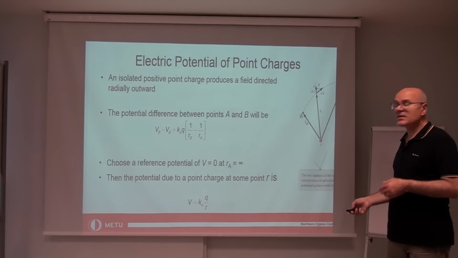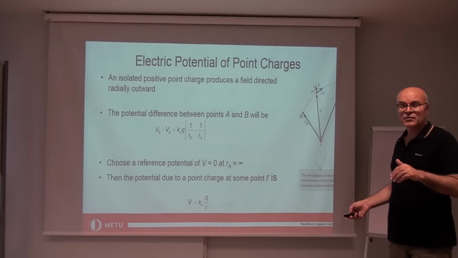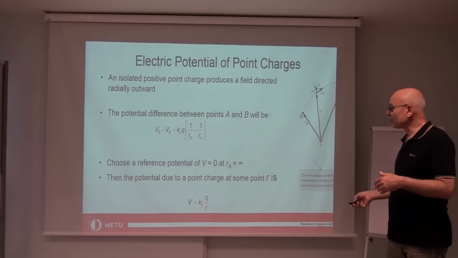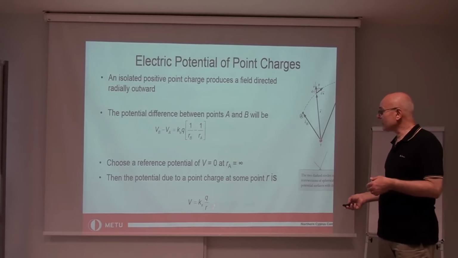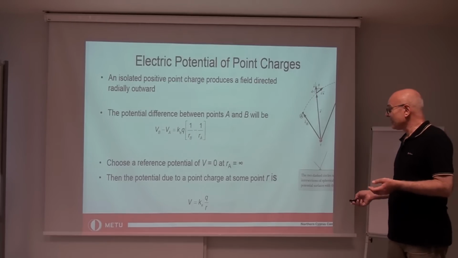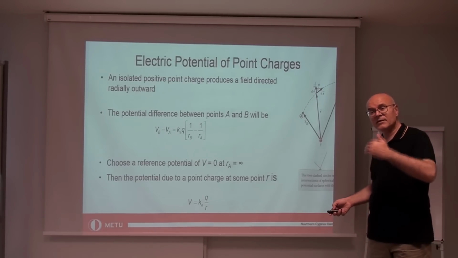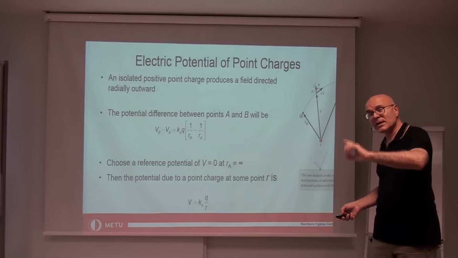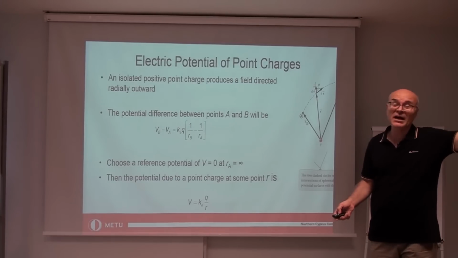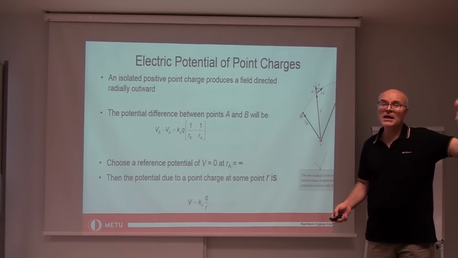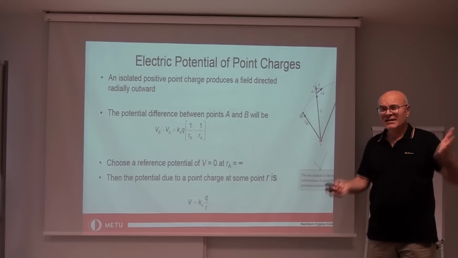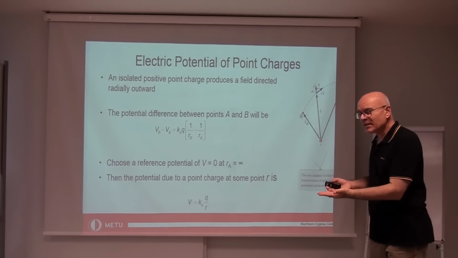Q here is to be substituted with its sign. So if it's positive, then the potential would be positive in the space. If it's negative, the potential is negative. This expression is true under this assumption that I am measuring here the potential of any point in space with respect to infinity, where I'm taking the potential by convention to be 0 at infinity. This is similar to choosing the